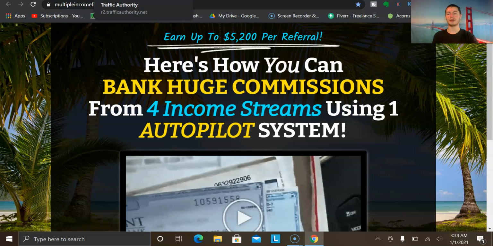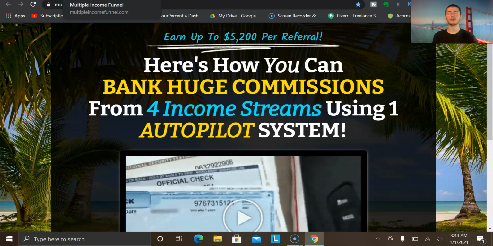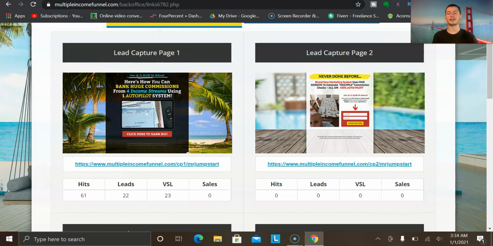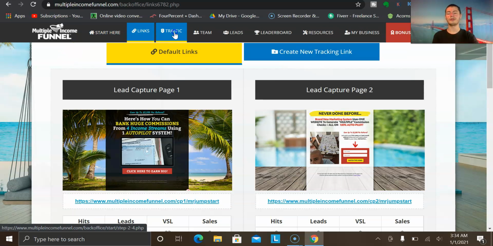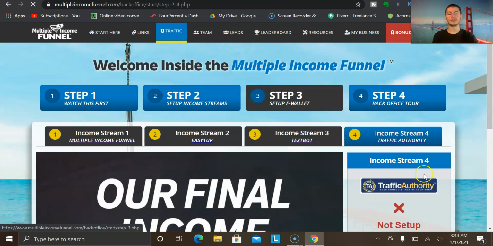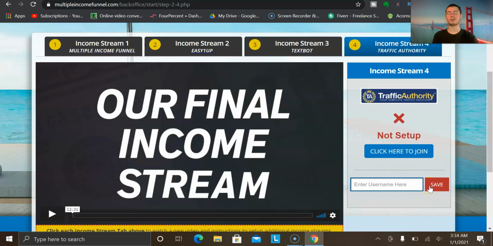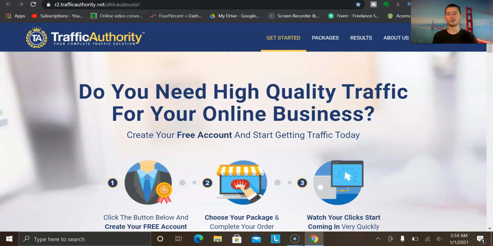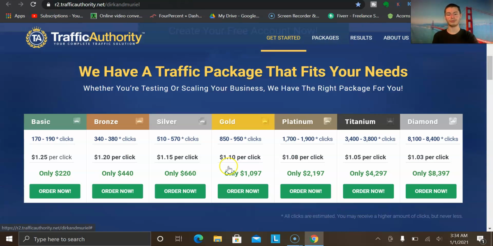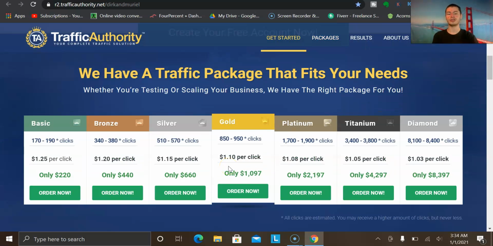The very first method that I want to go over is the exact traffic source that is recommended inside of multiple income funnel, right? So under income stream number 4 is a traffic source by the name of Traffic Authority, right? So this is a platform that you could use to buy solo ad traffic. So if you go over to trafficauthority.com right here, or .net rather, they have different packages that you could buy,